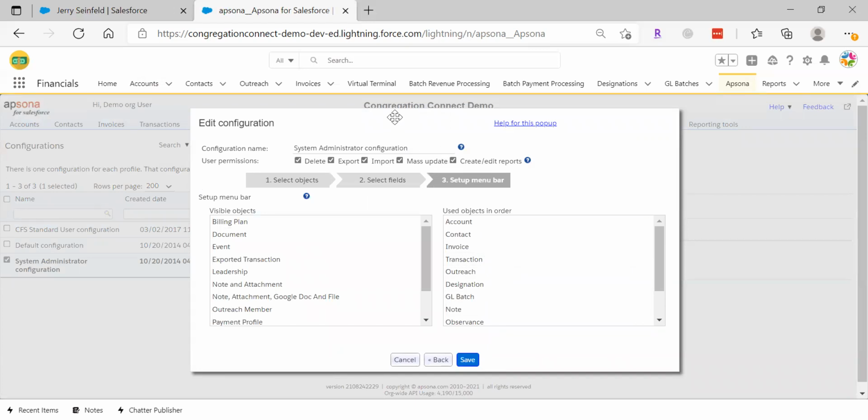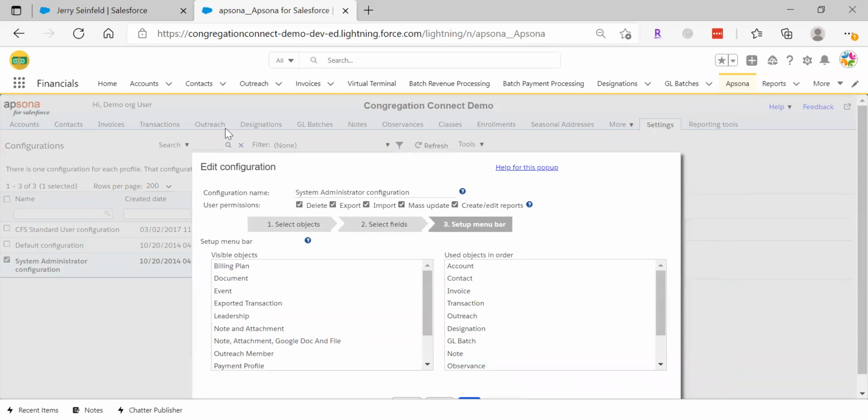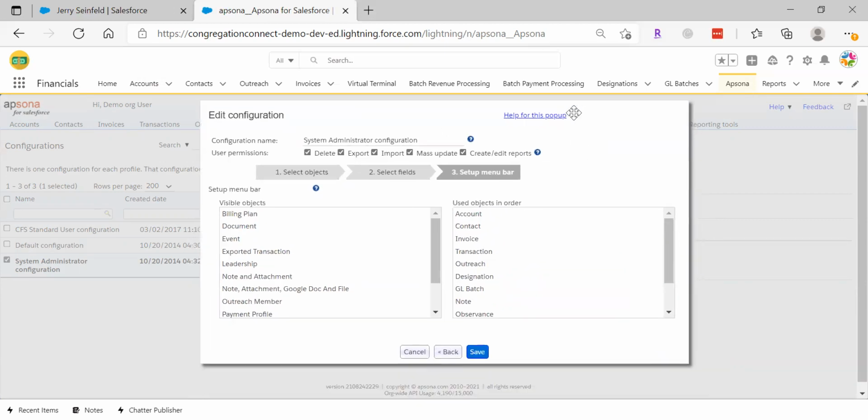The next thing is the setup menu bar. So this is essentially what you can see up here. So as you can see here, account is matching contact, invoices, transactions. So say you don't want to give your member who's part of this configuration rights to just even look at outreaches. So you would go to outreaches here and you can just drag it away,